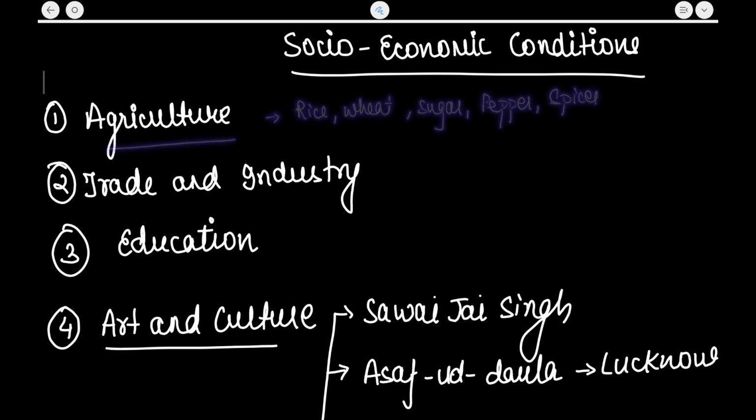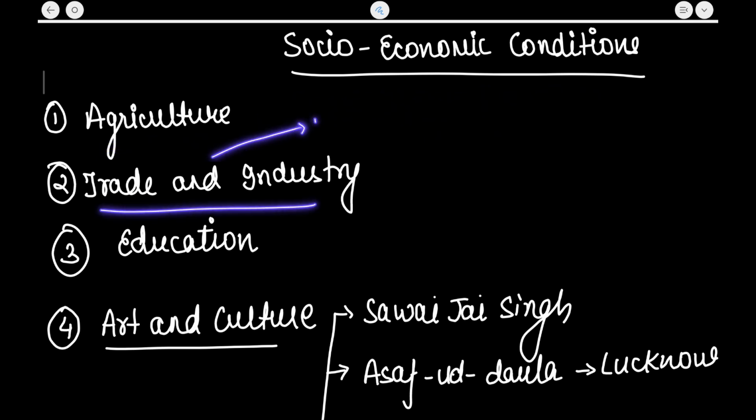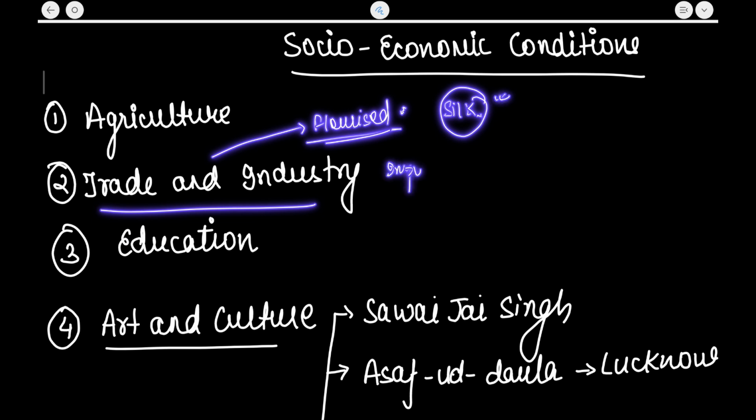Now if I talk about the trade and industries, the trade at that time flourished, but during the later stages of the Mughal Empire, after the death of Aurangzeb in 1707, the trade also declined, but at the earlier stage the trade flourished. So cotton, textile, raw silk, silk fabric, indigo, saltpeter, opium, rice, wheat, these were the items that were exported. And some of the imported products were gold, musk, woolen cloth, copper, iron, lead, porcelain. All of this was imported.